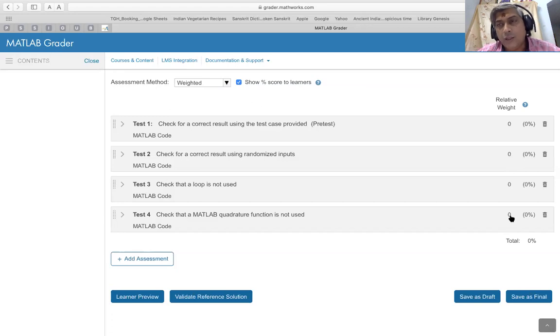On the other hand, if this question is being set up for an evaluation in an assignment, then you want to award some marks. And again, within the 4 questions that you have, you may want to award marks only for certain questions, while the other questions are only for pre-test, like the first one here. So typically for pre-test, we don't award any marks. Whereas for another question where again you're checking for a correct result, but using some other input. Let me actually show you here.